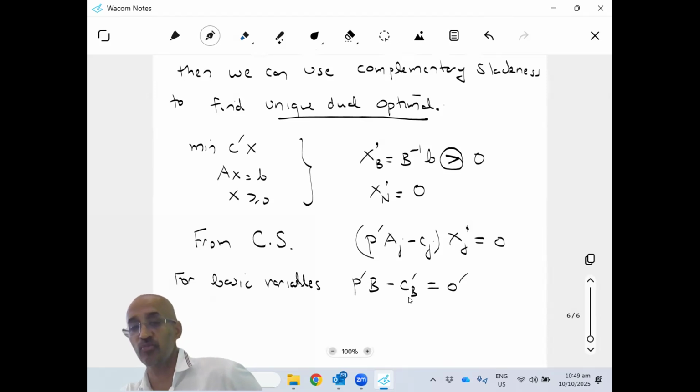Okay, because why is this? Because x_B star is strictly positive. So for every basic variable, I get a positive value here, which means this has to be equal to 0. So this is column by column, and I'm just writing this now for the entire basis matrix. Okay. But if this is true,